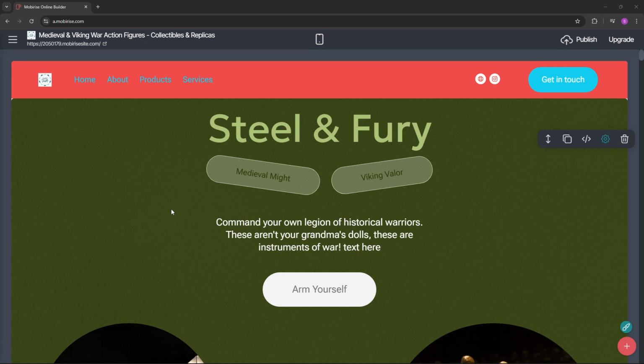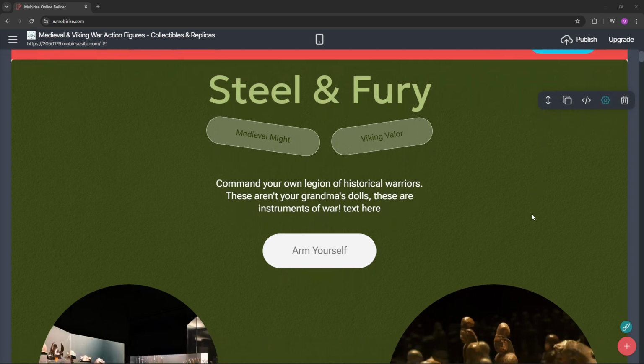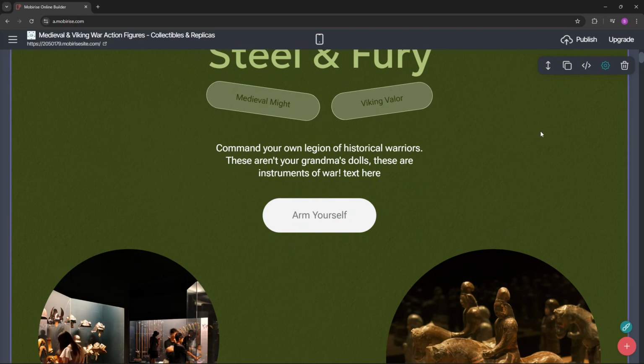Start by logging into Mobirise and opening the project you want to work on. Once your project loads, navigate to the page and find the block that contains the button you want to animate. In Mobirise, your page is built from stacked content blocks, and this setting works at the block level, not on individual elements. That means the animation will apply to the entire block, including your button, text, and any images inside